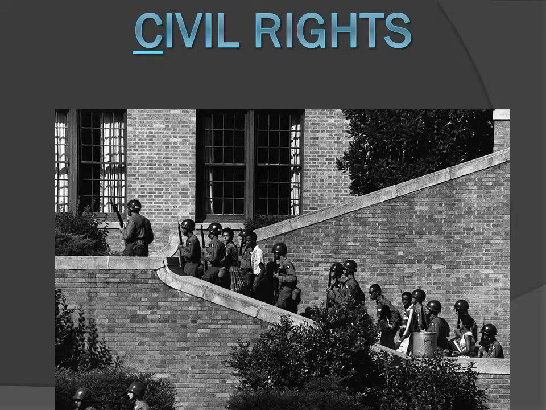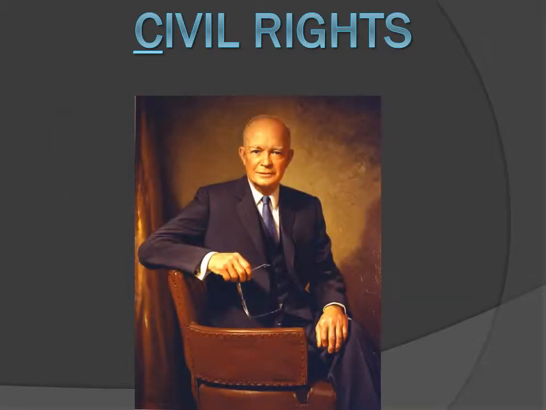And Eisenhower, to his credit, Dwight Eisenhower, who's president at this time, is actually going to go, oh yeah? Well, we're going to bring in the 101st Airborne, and we're going to escort these 9 students into Little Rock High School. And in doing so, will create the Little Rock Nine, and will lead to the integration, or the forced integration, of the high school during this time period. And this right here is just a portrait of Dwight Eisenhower. A lot of times Lyndon Johnson gets a lot of credit, rightfully so, for passing civil rights legislation, but Dwight Eisenhower, who was a Republican during the 1950s, was responsible for protecting African Americans and allowing them to be in society.